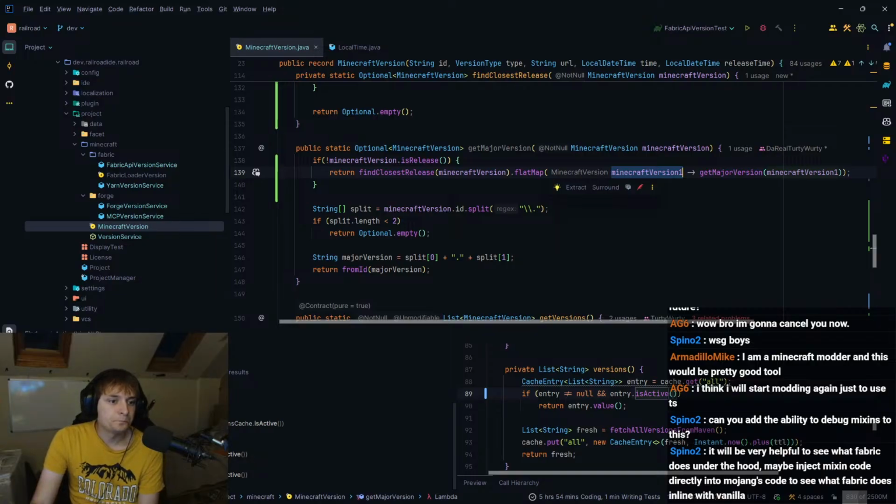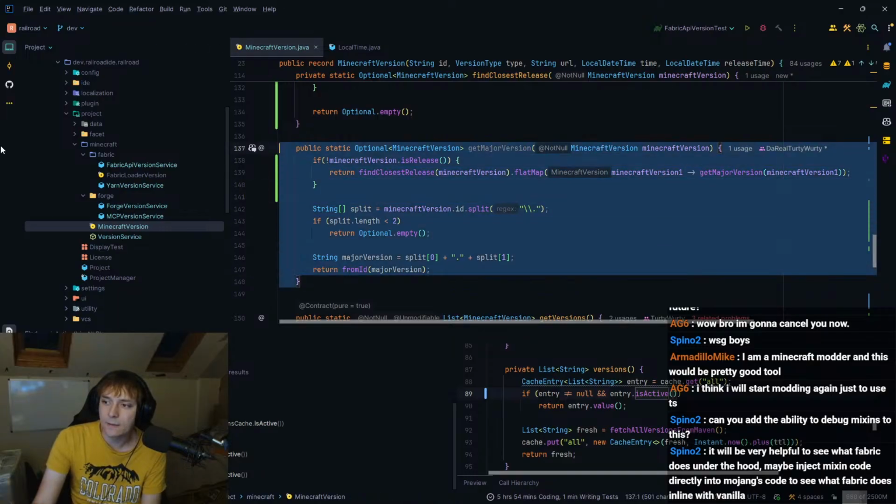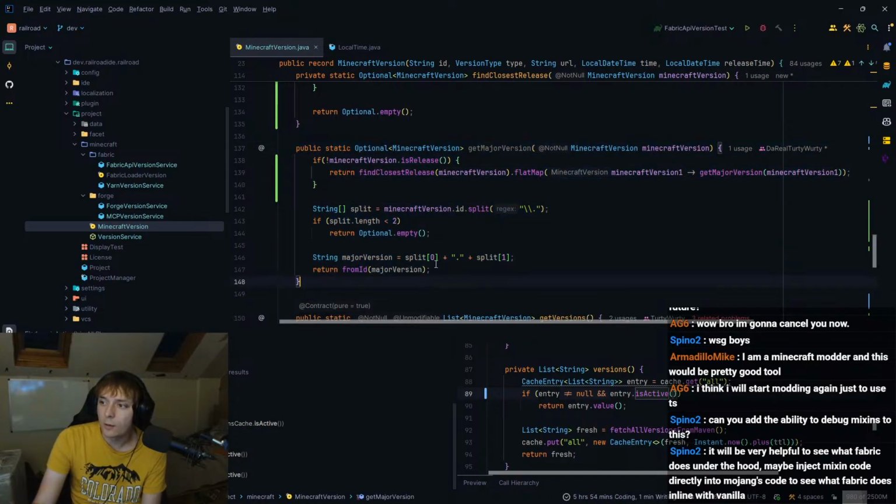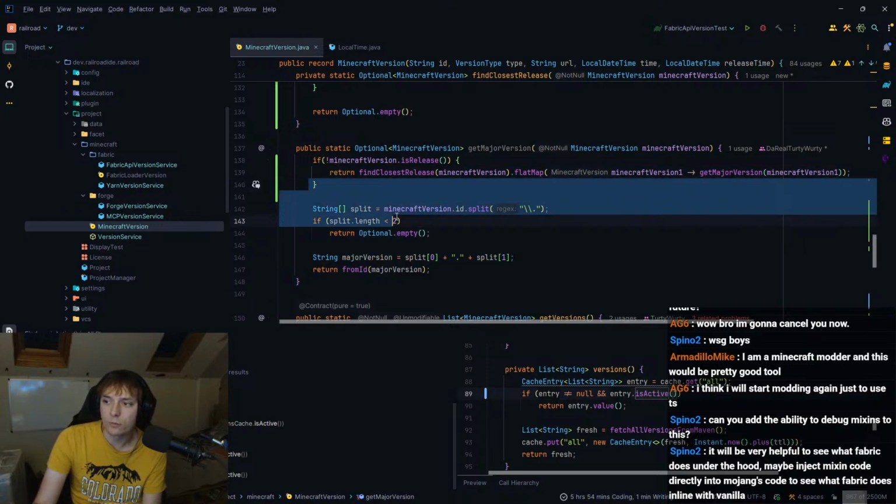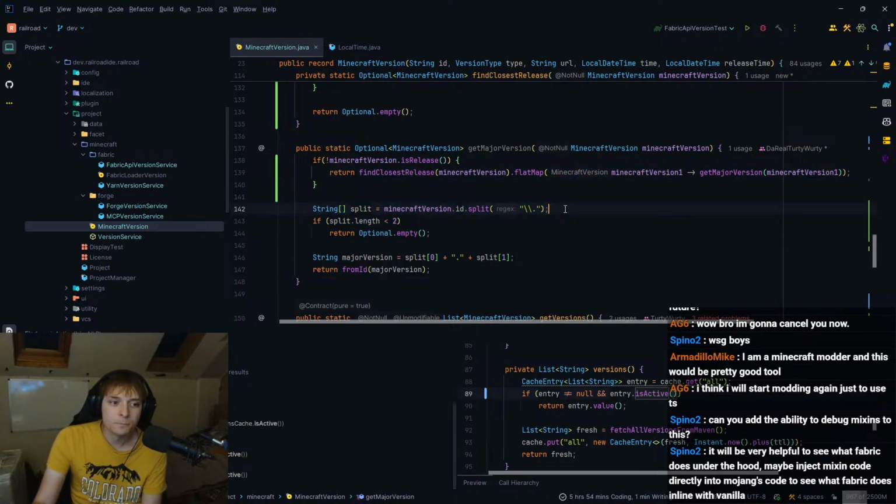It'll be very helpful to see what Fabric does under the hood. Maybe inject mixin code directly into Mojang's code to see what Fabric does in line with vanilla. Yeah, I mean, the plan is to show mix-ins in line. So, say I mix-in into this method, into get major version, say I mix-in before this line. I would want Railroad to show you, hey, there's a mix-in here.